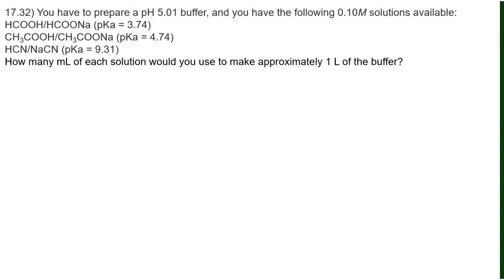So question 17.32, this is a complicated question, especially the second part of it. What I would like you guys to know is definitely the first half of it, be able to figure that out. So you have to prepare a buffered solution of pH